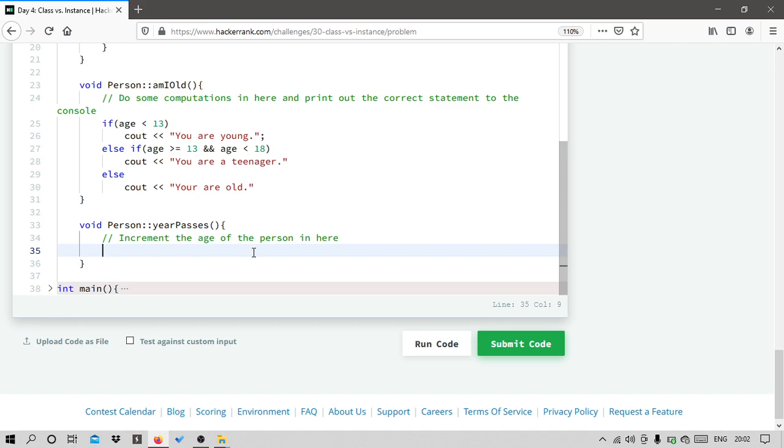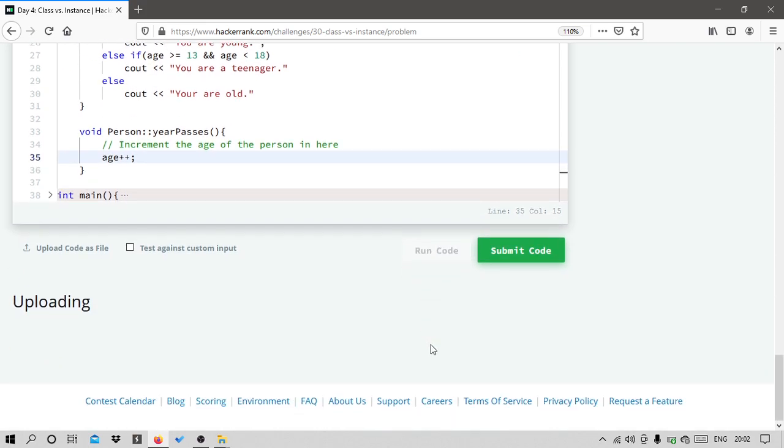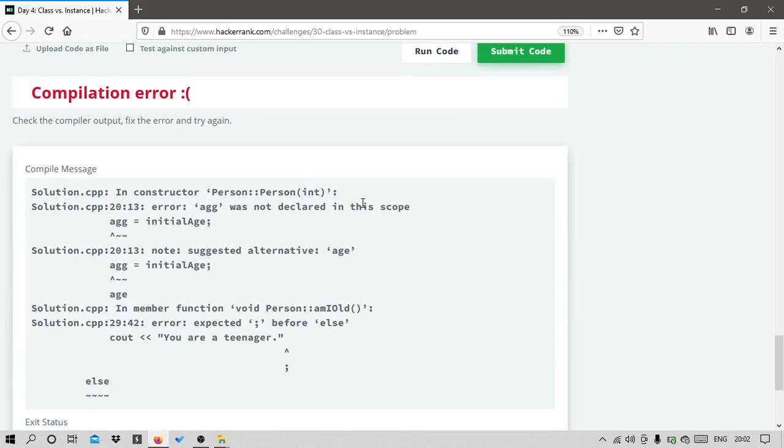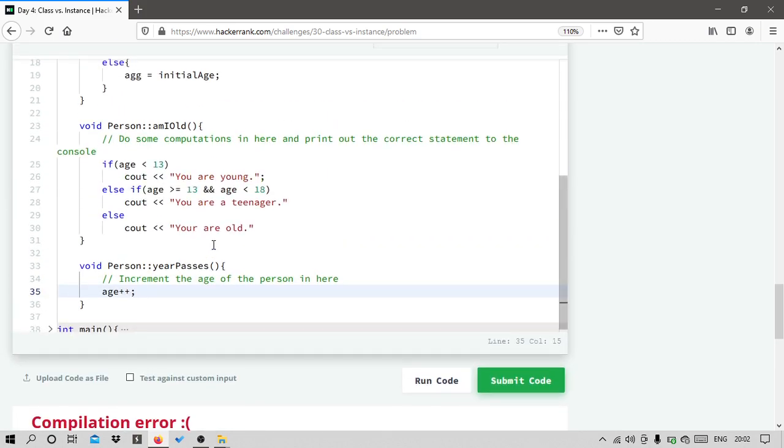And in the year passes function we just have to increment the age. So I'll just run the code. Oh, I forgot to give a semicolon over here.